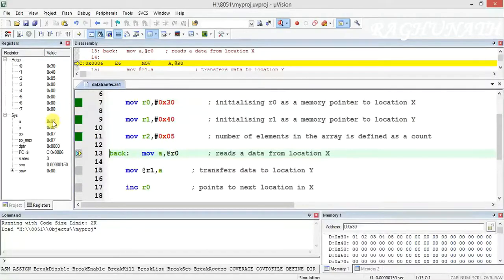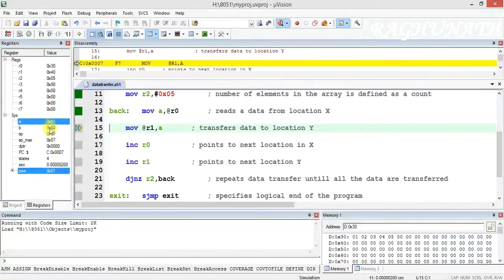In accumulator, see it is 0. So after execution, see, 1 came. Once it is executed, it becomes highlighted with the blue color. So it came to accumulator. From accumulator, it should go to destination 40, which is down here. Or you can go to here.